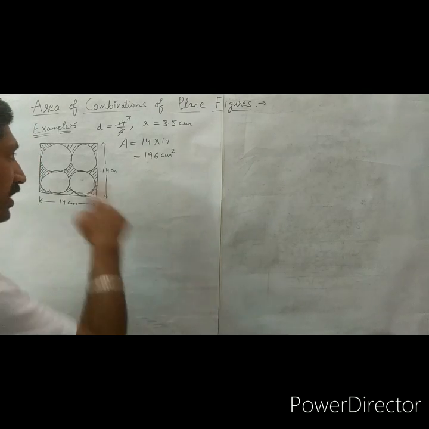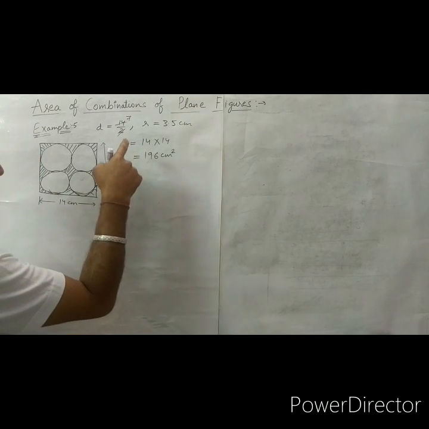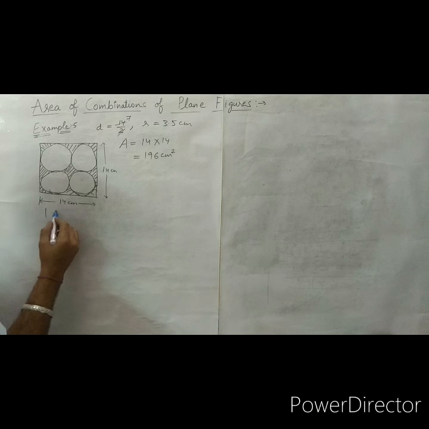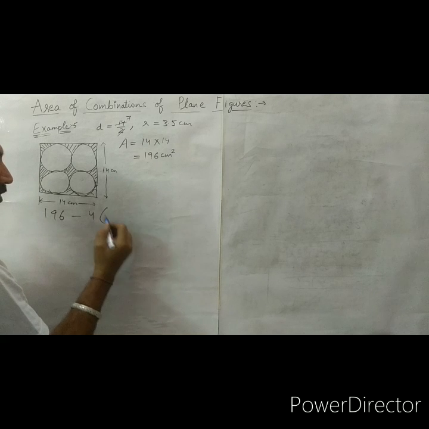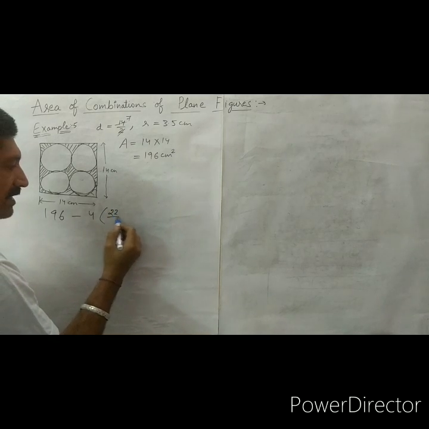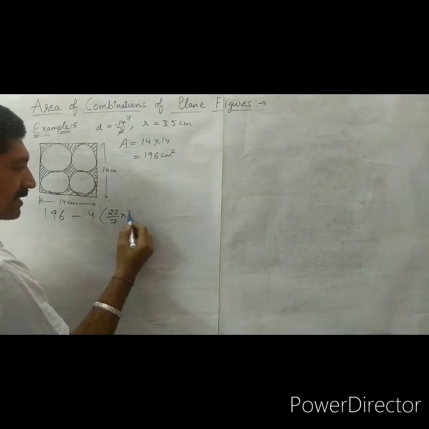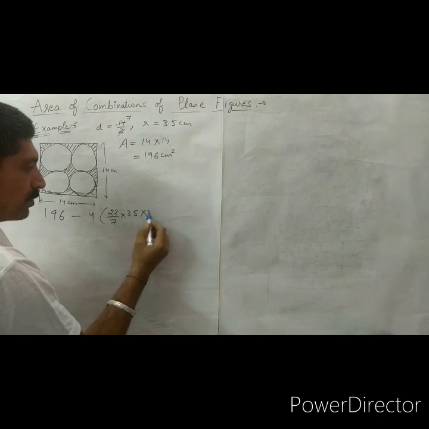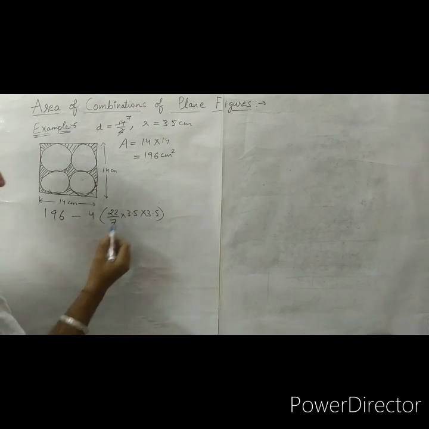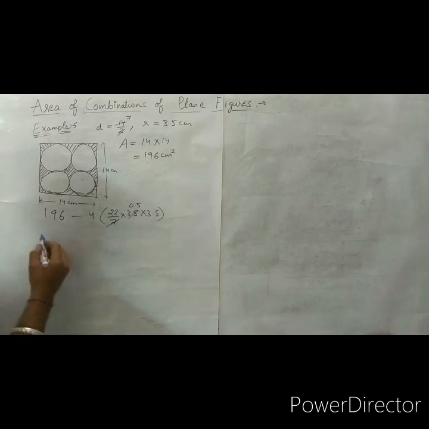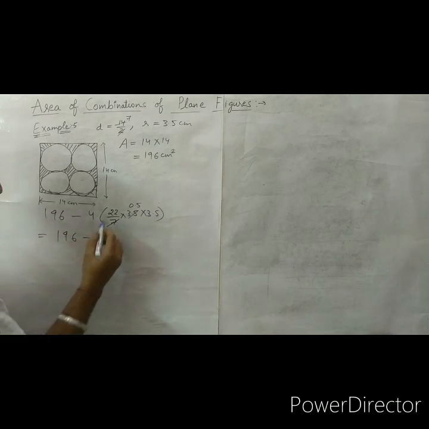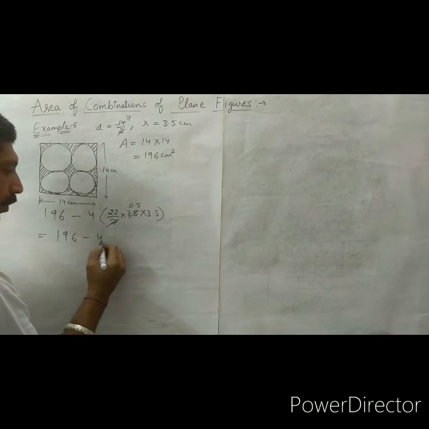And the shaded area is equal to the area of the square. Area of the square, that is 196 centimeter square, minus 4 into pi r square. So here pi is 22 upon 7 and r is 3.5 into 3.5. So here 7 1s are 7, 0.5. So 196 minus, here we have 4 into